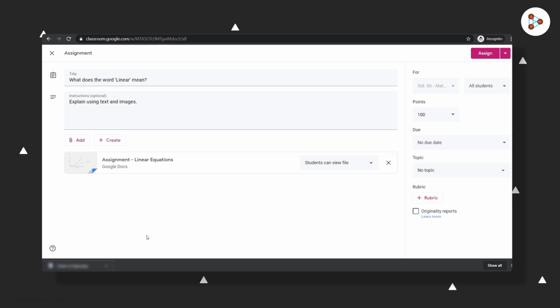Here it is. At this point, Google Classroom gives you an interesting option. It asks you, what is it that you would want your students to do with this file? Should they be able to just view it? Can all students edit your same file? Or automatically make a different copy for each student? You can then select the most appropriate option for yourself, select the details on the right, and click Assign.